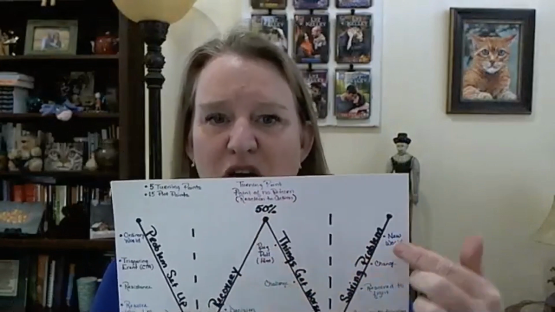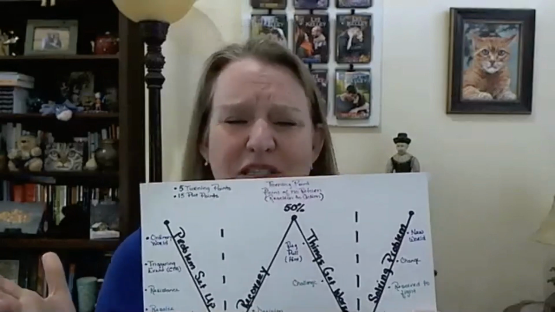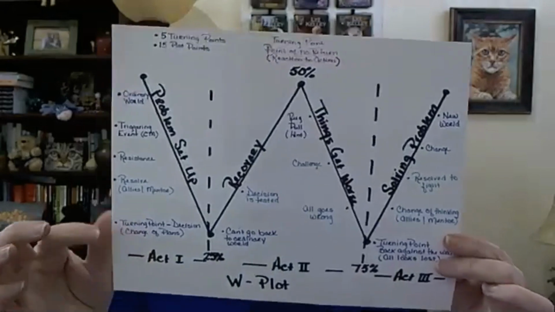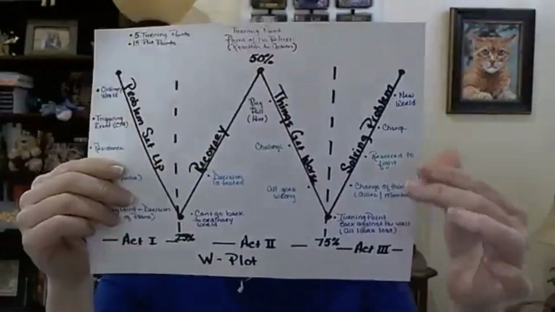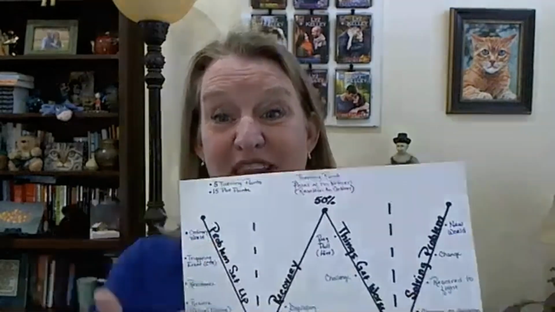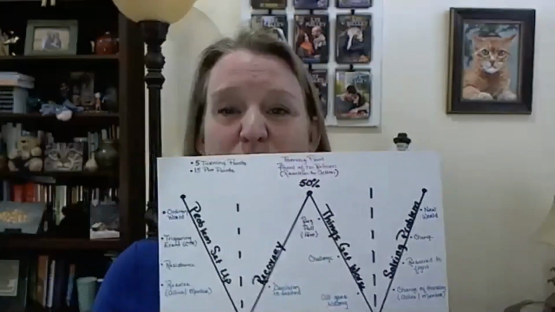You have some saggy middles, or you've gotten to the end and there's some elements that are missing, and therefore you're like, what's going on with this? This is what I talk about when there is a plot point that is missing, that creates a saggy middle or ending that is just not fulfilling. Anyway, hopefully that helps you today, and maybe your story will fit within this structure. If not, try another structure that will work for you. But this is really the essence, if you will, for a screenwriter to follow for most movies. You will see that if you choose to watch some movies.